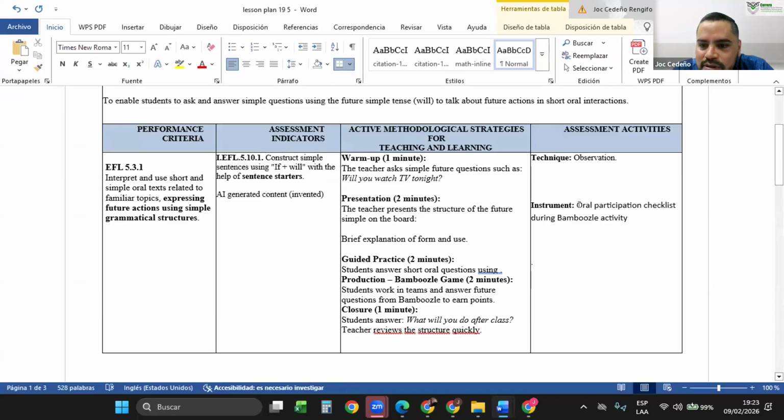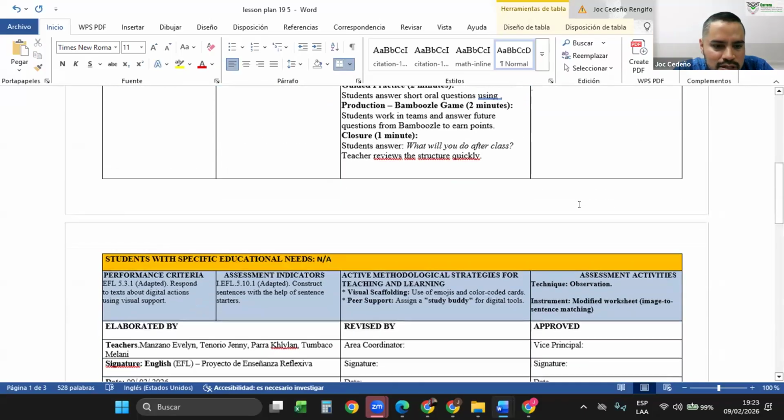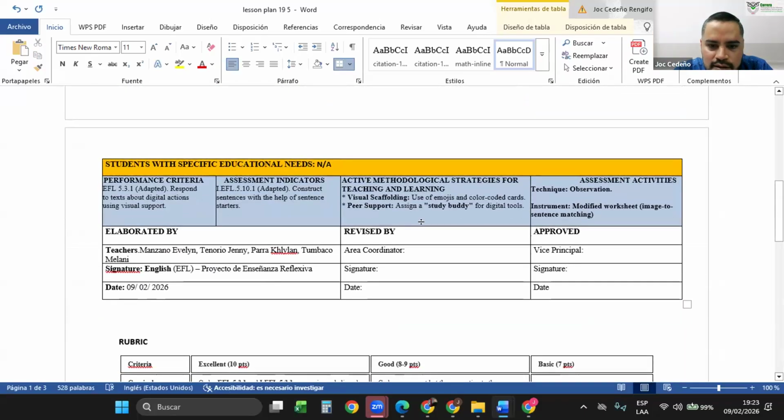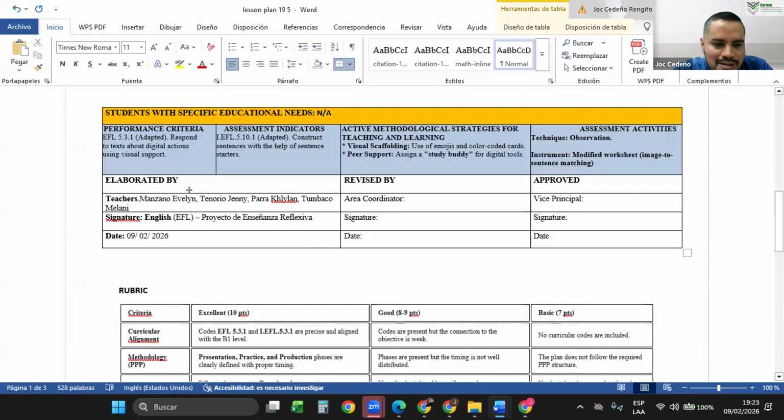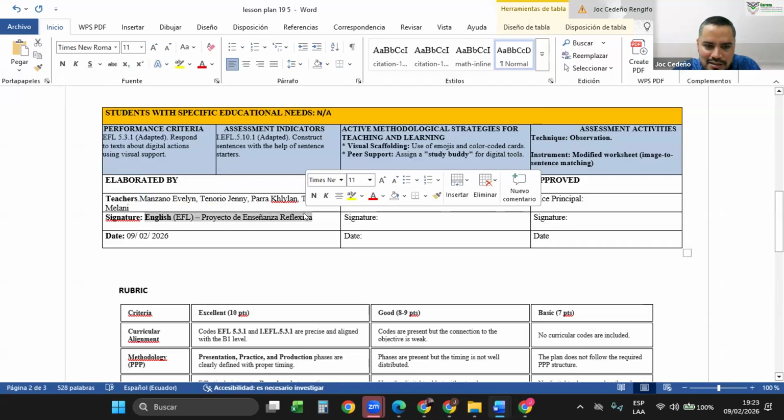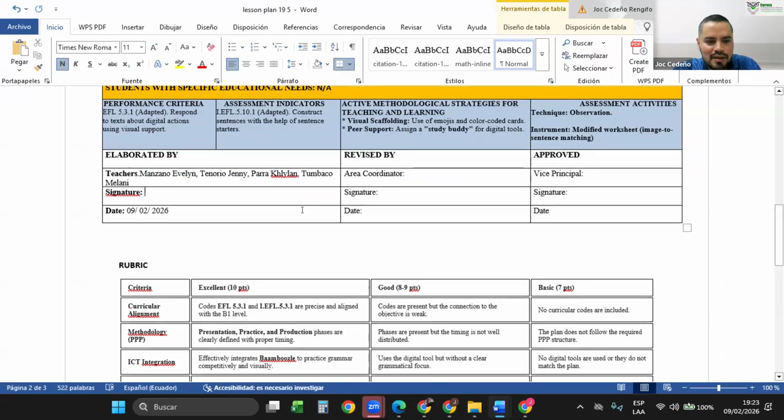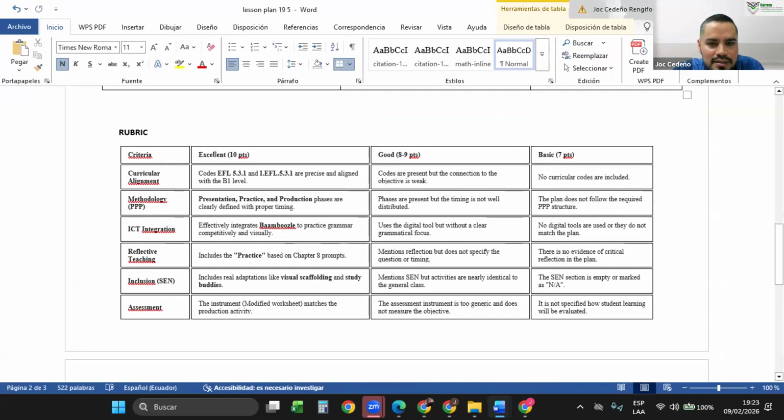Ok, technique observation, oral participation checklist. Signature es la firma, signature. No es la asignatura. La asignatura es subject. Stop putting English here. It's signature, la firma. The rubric, excellent, good, basic,